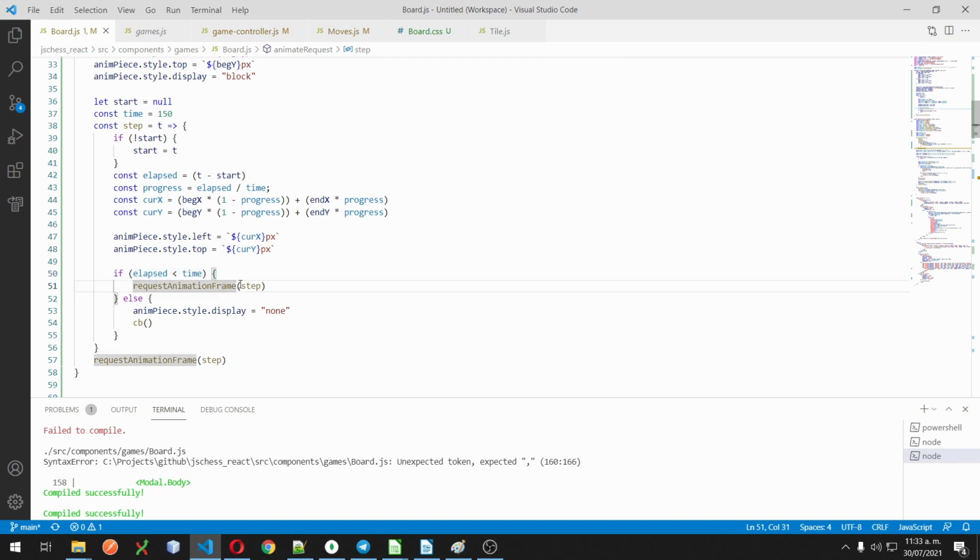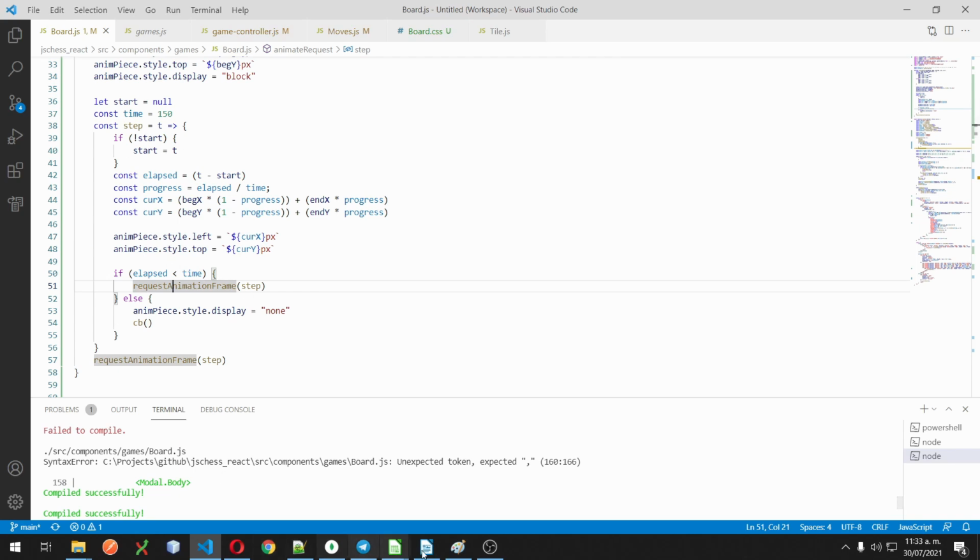The second time that step is called by the browser, we have something in start, so it's not going to be touched anymore, and elapsed is going to move a little bit, progress is going to move a little bit, current X and Y are going to move a little bit, the position is going to change a tiny bit, and request animation frame is going to be called again.